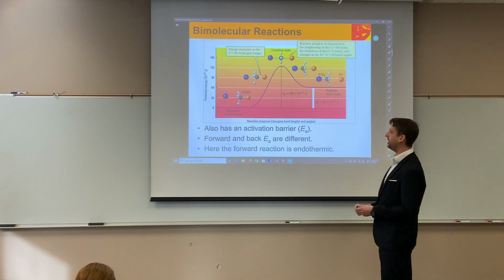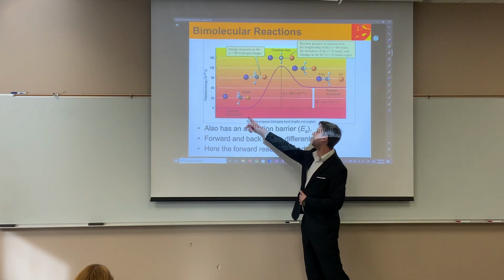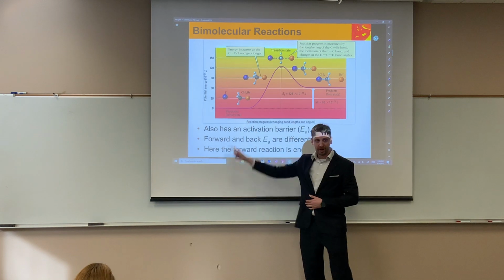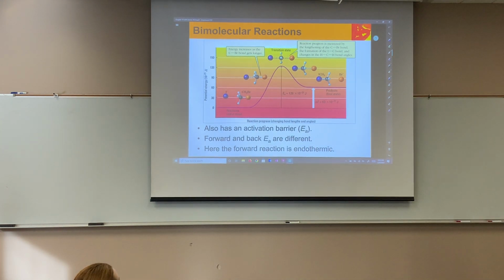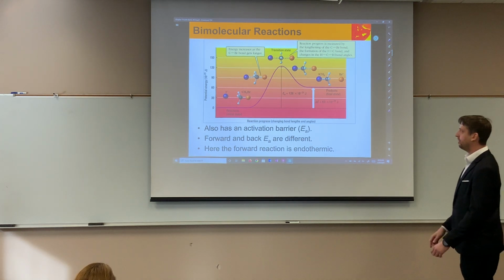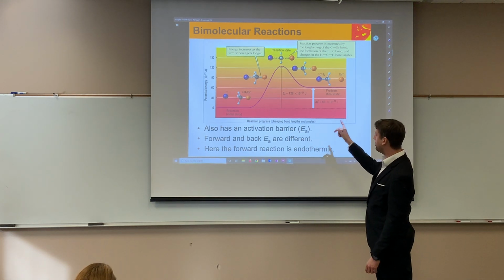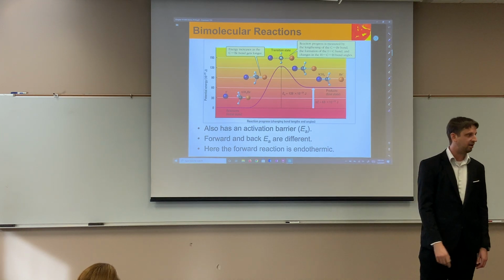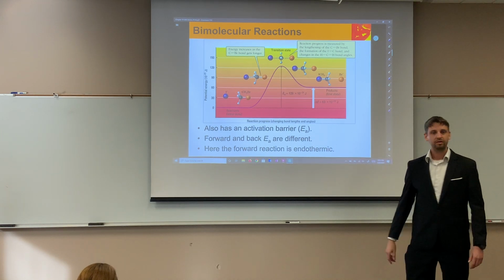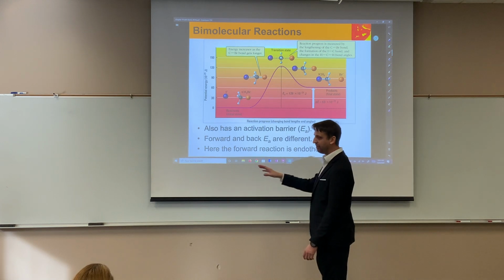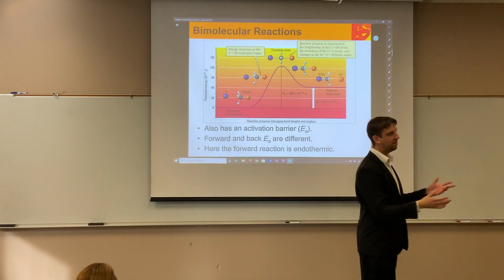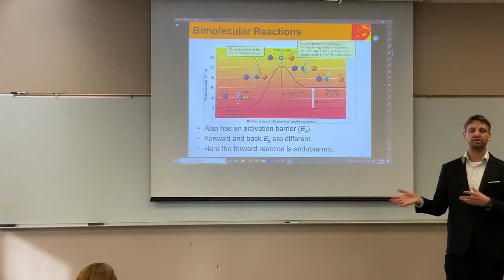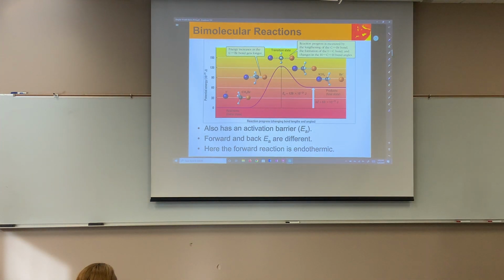Which hill is bigger to climb? From the reactants to the products, or from the products to the reactants? From the reactants to the products is a bigger hill, okay? So if you imagine you're biking along, it's going to take more energy to go up the hill from the reactant side. Got it? And so that's what I was saying on the previous statement where I said this is endothermic, right? One side's going to be faster than the other. The reverse reaction is quicker than the other. That's all I was saying with this.